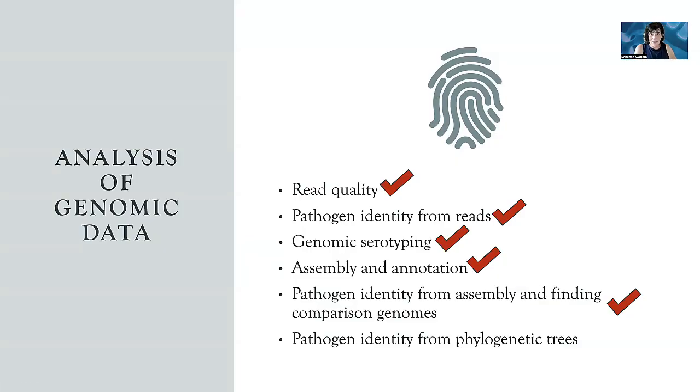So just to summarize, because you might not be watching these sequentially, what we've been doing is there was an outbreak. We sequenced the pathogen culprit. And then we looked at the reads from the sequencing to make sure they were good, and they were. We ran a taxonomic classification on those reads using Kraken-2 to see if we could figure out who it was, and signs were pointing towards E. coli. We did genomic serotyping, and we found that it was a specific serotype, which was